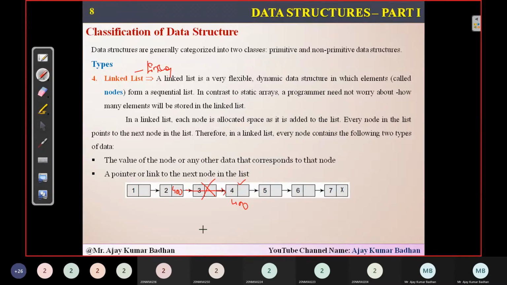So it will be showing 1 here, 2 here, 4, then 5, 6, 7. Okay, so this is the way it is. So it will consist of the address for this, and this will consist of the address for the 4, value 4, and this will consist of the address for this. In this way it will be exactly working.